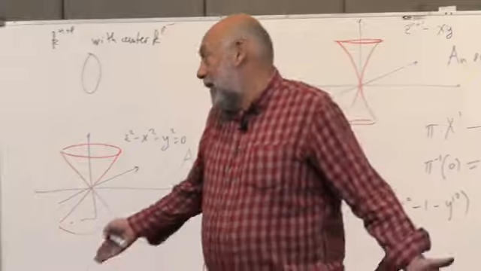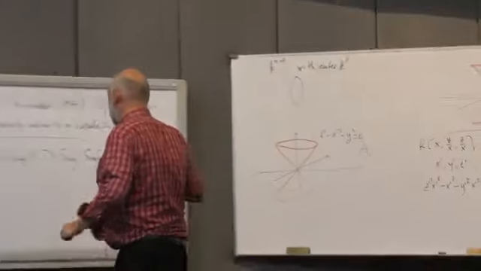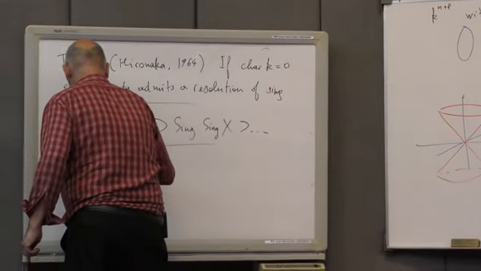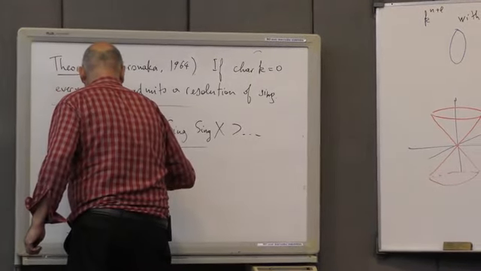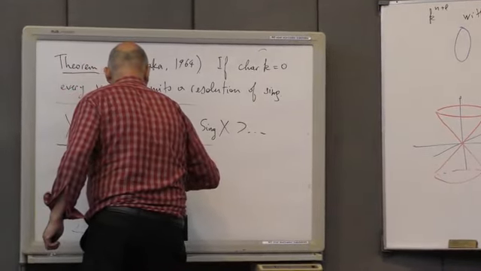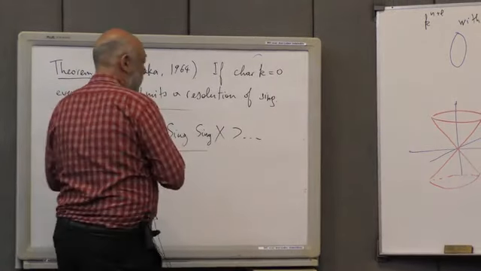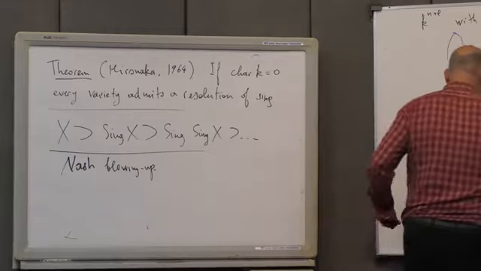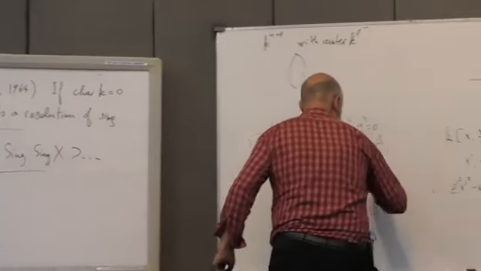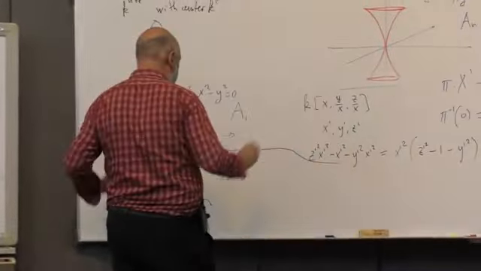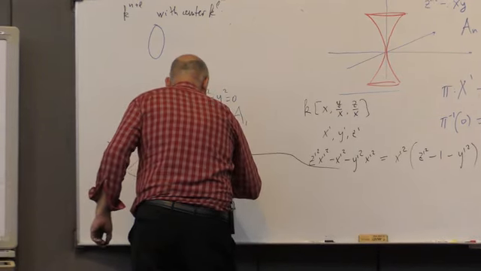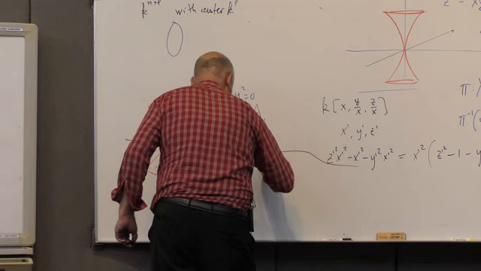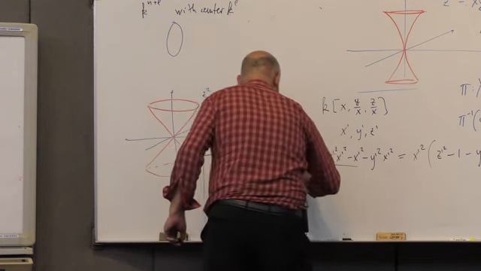But unfortunately, well, let me tell you what Nash's suggestion was. It's called Nash blowing up. Maybe I should say, before I do this, the usual blowing up, sort of the most general one, more general than the ones I described here, is the following: we can take a subvariety of X defined by certain equations,